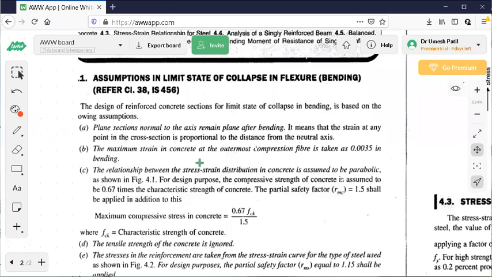I cannot directly say M is equal to sigma Z. Moment of resistance is equal to sigma Z will not be as simple as that, because it is a heterogeneous material. Hooke's law is not valid for a heterogeneous material. Most of the strength of materials laws are not valid, because assumption number one is that the material is homogeneous and isotropic and obeys Hooke's law. All these are invalid. It means it is not easy to find the moment of resistance of an RCC beam.